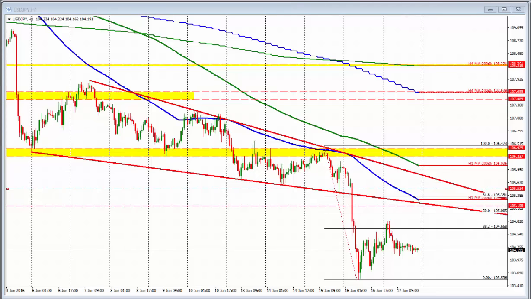I'm going to put it in yellow here. So that's pretty simple, isn't it? That's pretty simple to see, pretty simple to understand. We need to get above that level in order to push this market higher. If we get above that level, that's good. The other level to get above is a